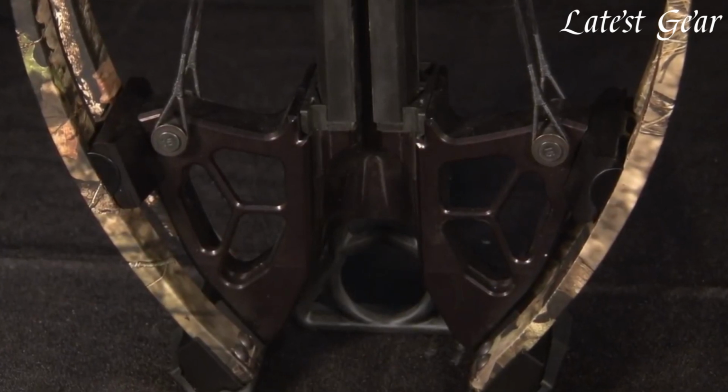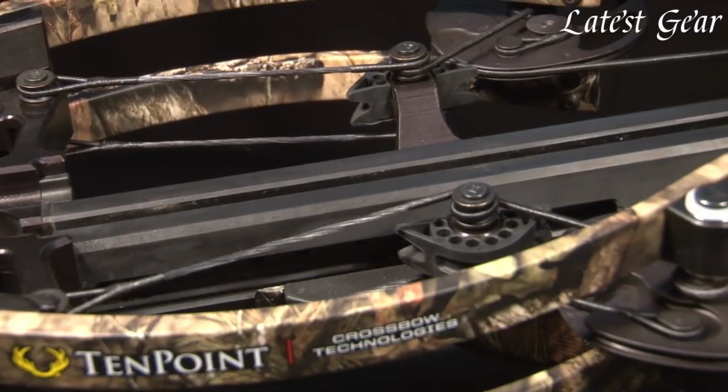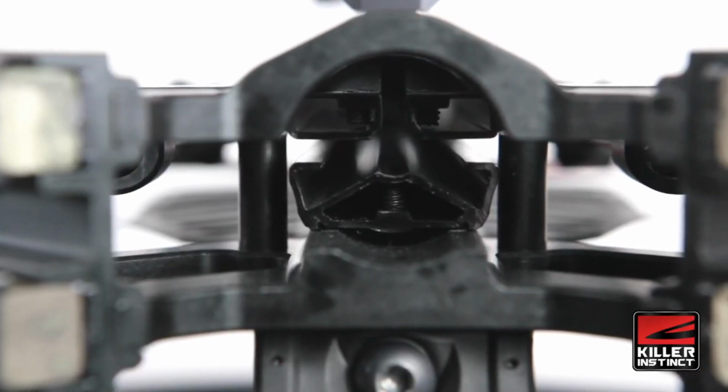These next-level crossbows cater to serious hunters and enthusiasts seeking superior performance, pushing the boundaries of traditional hunting equipment with